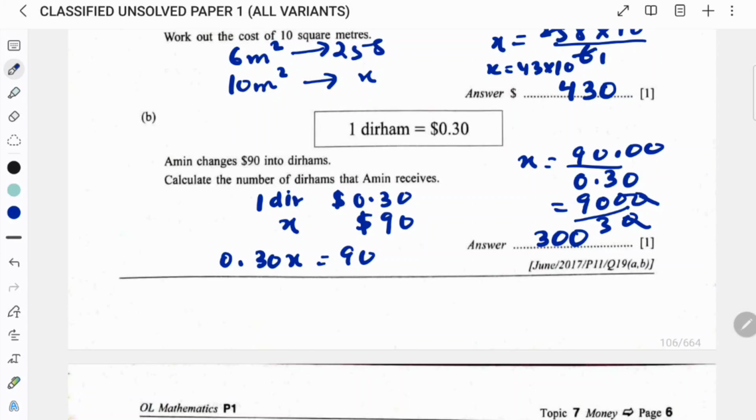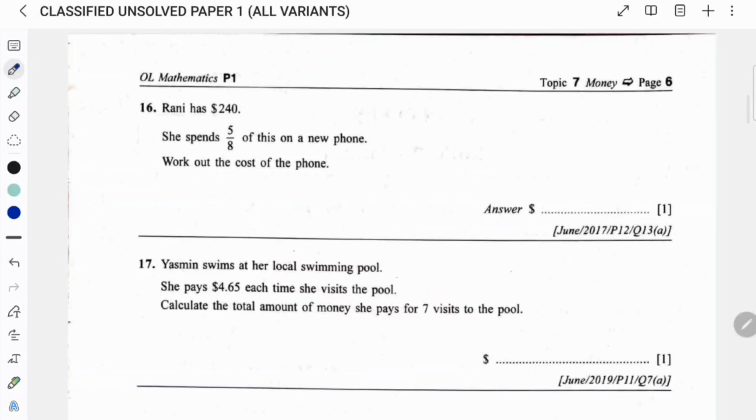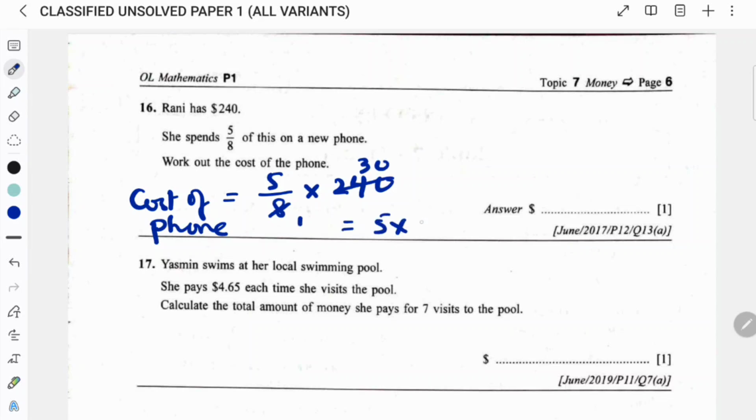All right, so I think it's an easy calculation in this question. Question number 16: Rani has $240. She spent 5/8 of this on a new phone. Work out the cost of the phone. So the portion is given, 5 out of 8 she spent, and she had 240. The cost of the phone will be 5 upon 8 of the total money she had. So that is easy. 8 times 3 is 24, and 5 into 30 is equal to